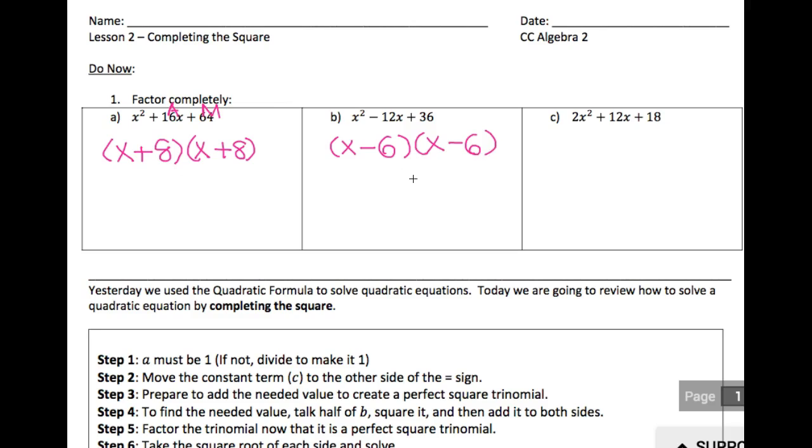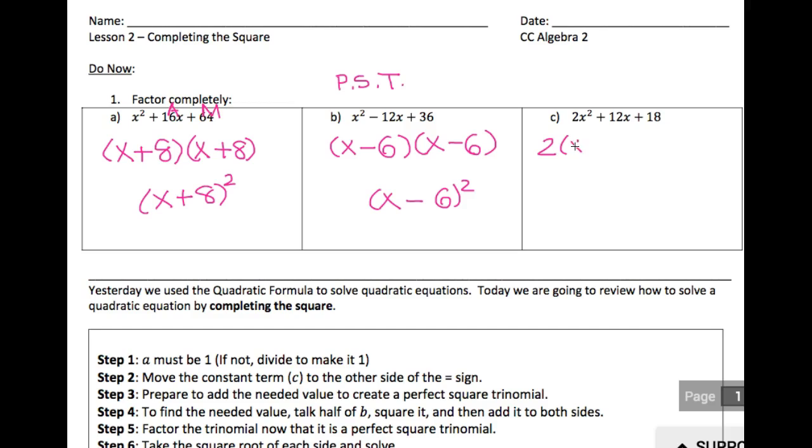Now you guys should be noticing that these actually were repeats, right? Technically I could write this as x plus 8 squared and x minus 6 squared. These types of trinomials where you can write it as the same thing squared are so important to us in Algebra 2 that we call them perfect square trinomials. You're going to notice this pattern happening